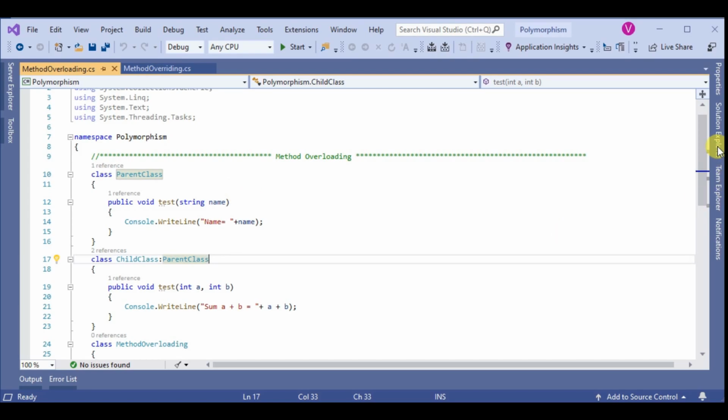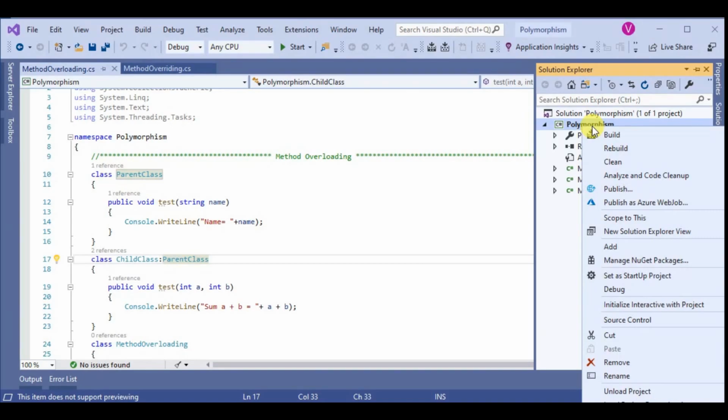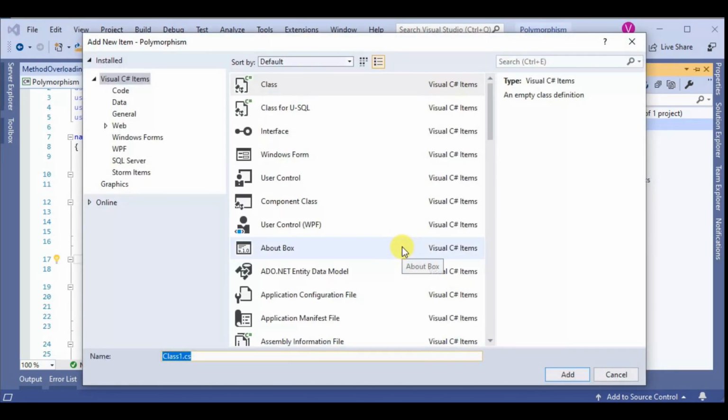Let's add another class. Right click, go to Add and click on Class. Let's write an example of adding two 2 by 2 matrices.